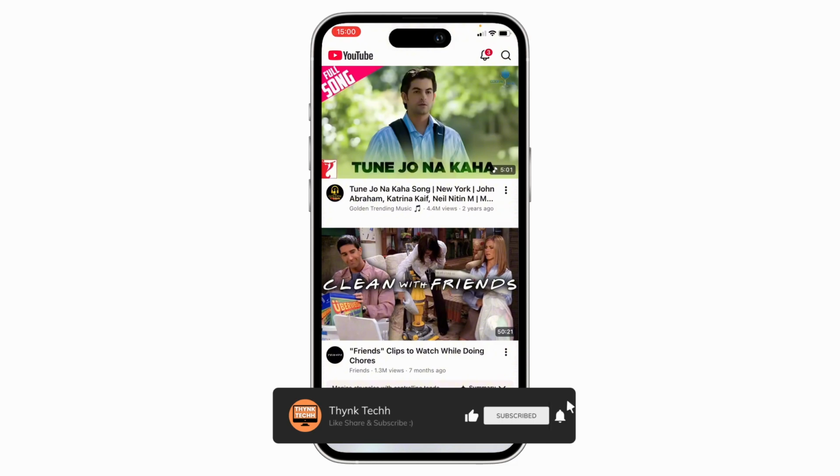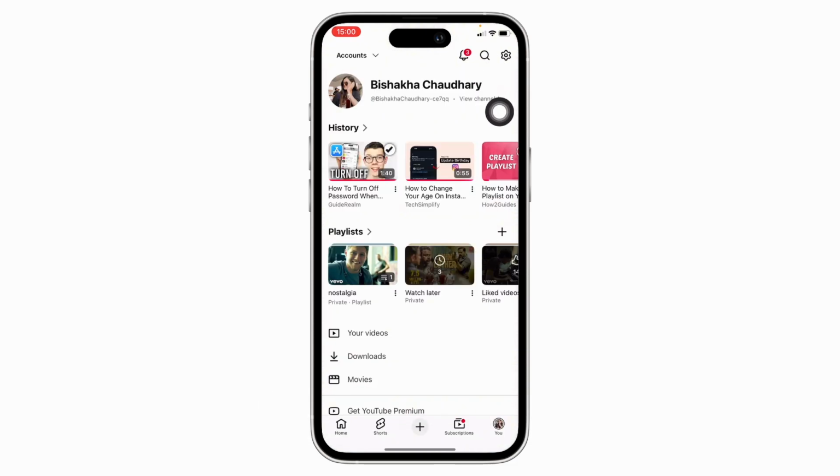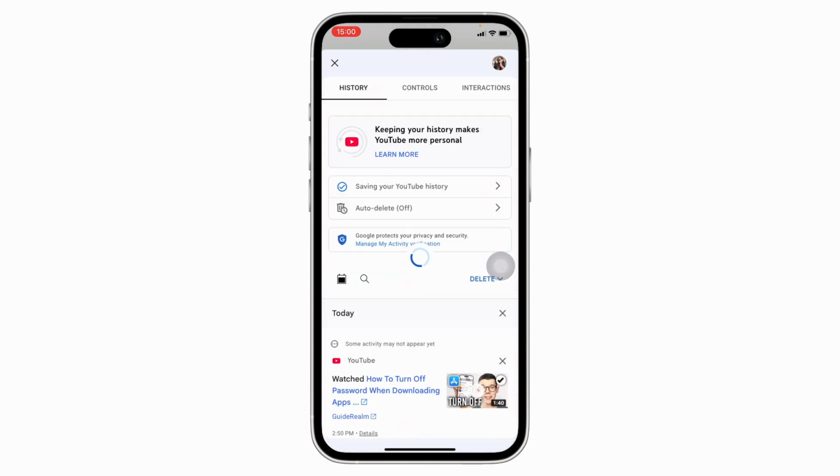Now tap on the You option on the bottom right of your screen and then tap on the settings option on the top right of your screen. Here you will see the option for manage all history under the account tab. So tap on the manage all history option you see there,